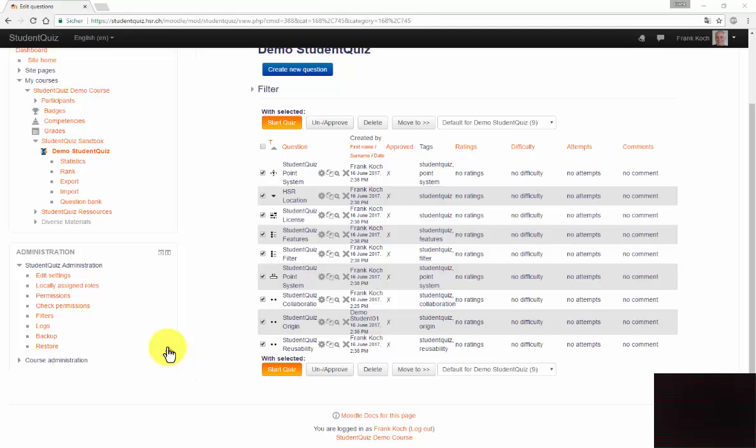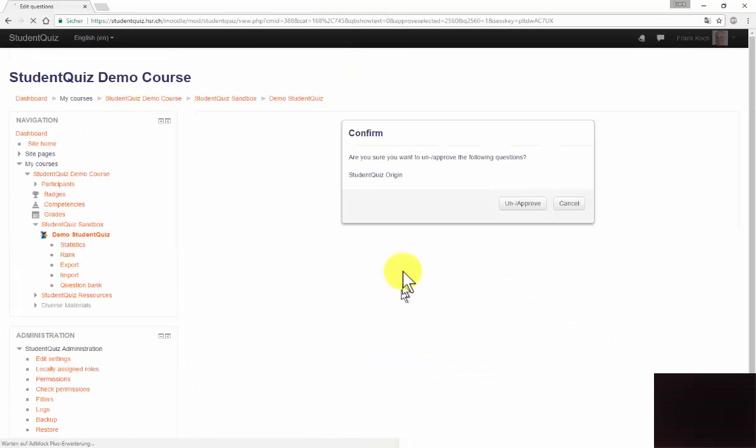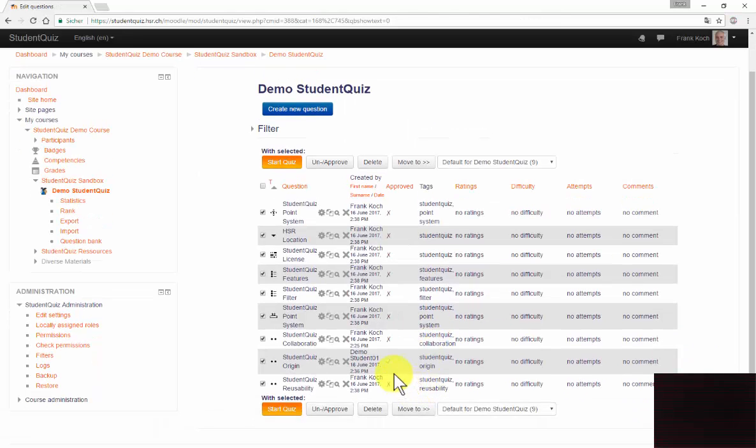Let's do this now with a new question from our student. For this, I click here on this approved flag and I confirm that I want to approve this question. The question is now checkmarked with this green check mark, and a notification mail is sent to the student to